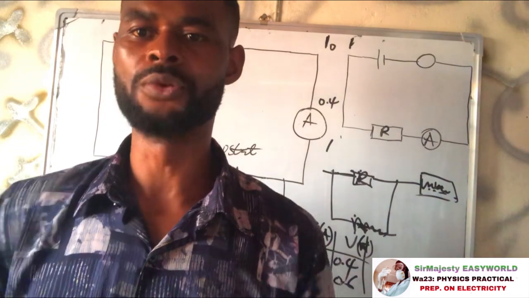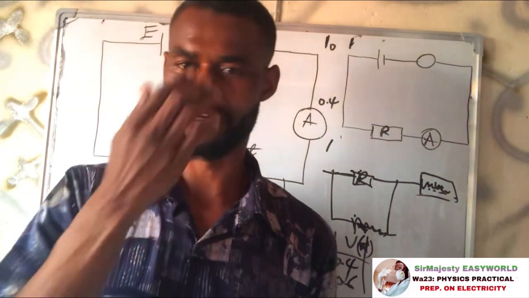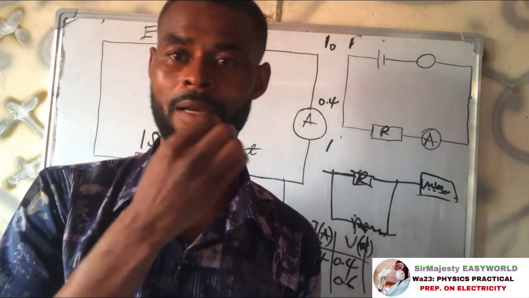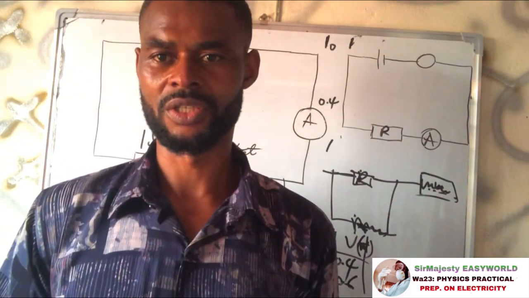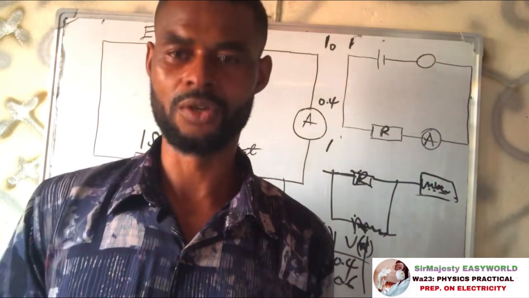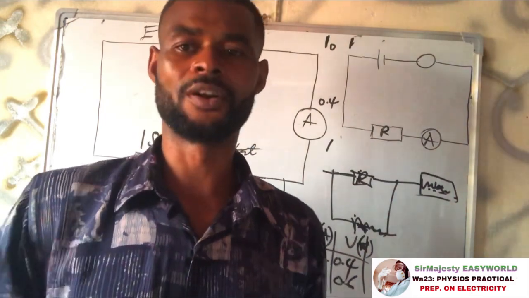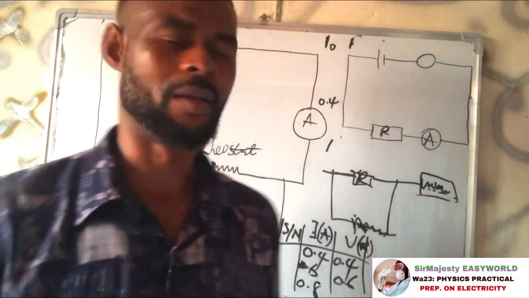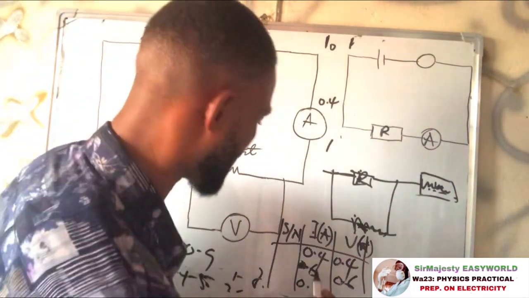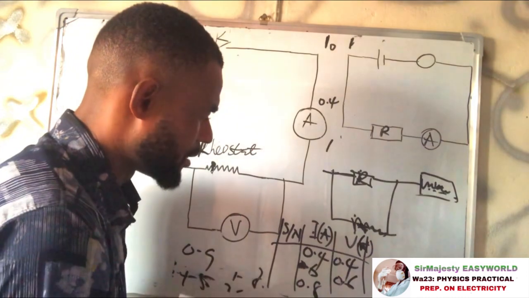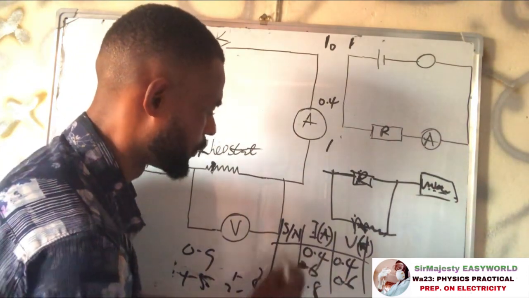It means you are accurate, with no need of stating the precautions you took to ensure accurate results. So there is no error. You can't say that there is an error when you have the exact value. So if I want to make it look like a practical, if I have 0.4 here,